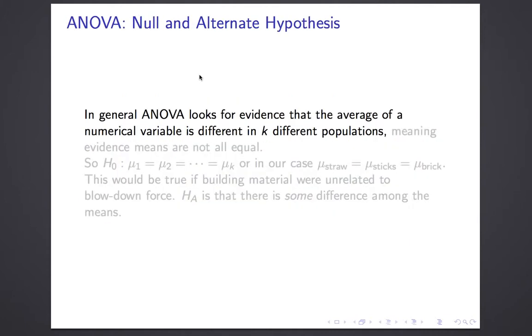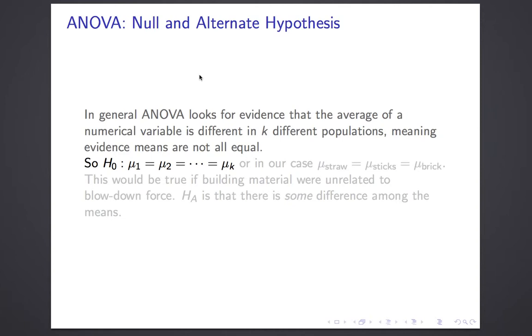Before we look at that example in depth, let me say in general, ANOVA is going to look for evidence that the average of a numerical variable in k different populations is different. That is to say, it's looking for evidence that the means aren't all equal. So that means our null hypothesis is that the means are all equal. If we have k different populations, mu1 equals mu2